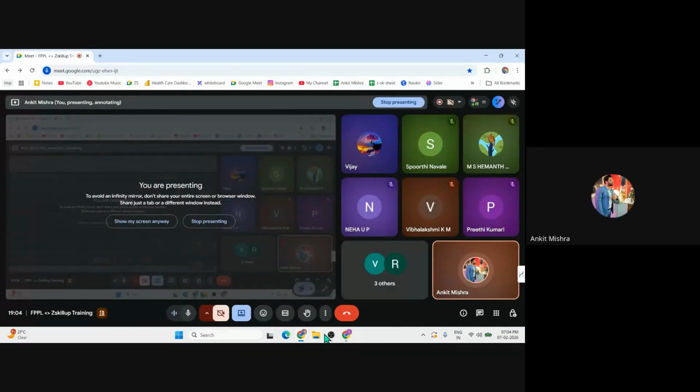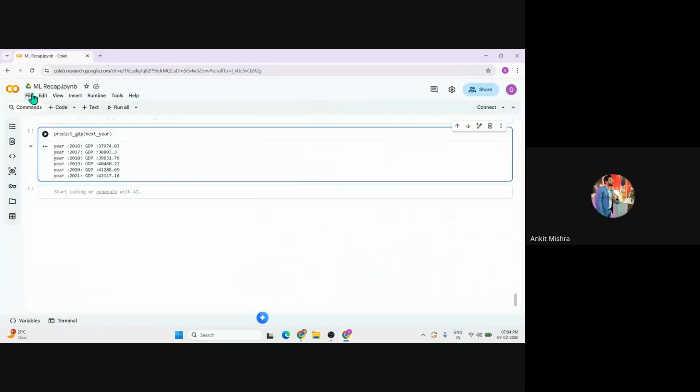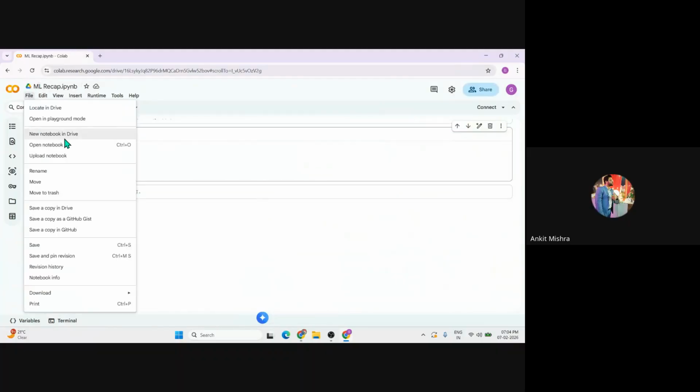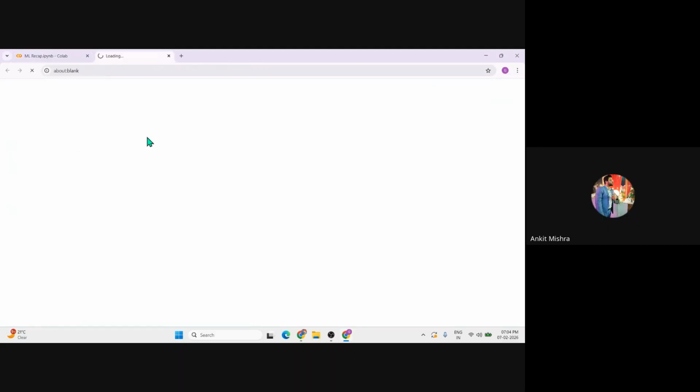So let me directly start with the part. Guys, in the last class, we completed the overall logistic regression with multi-class classification, right? So today, let's start with another ML model, that is naive Bayes, right? So my screen is visible now. Just confirm to me once again, right?